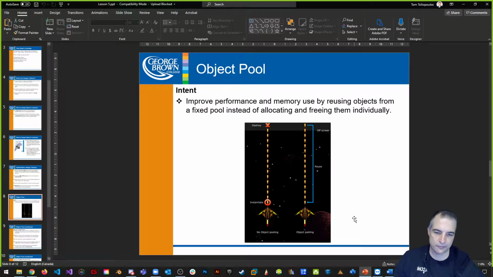Or we have another option. Here's object pooling in place. I have an object. I shoot my bullets. As an example, when they leave the screen, they get put back into the object pool. So we never instantiate or destroy these objects. We just reuse these objects over and over again. And we can use different structures for this, and one of the most common structures we're going to use today is called a queue, which is a great structure in C# that helps us do this kind of